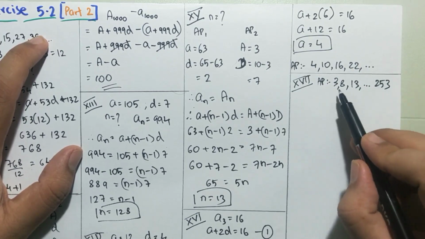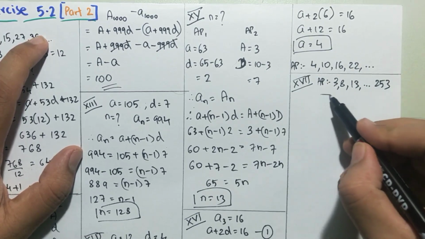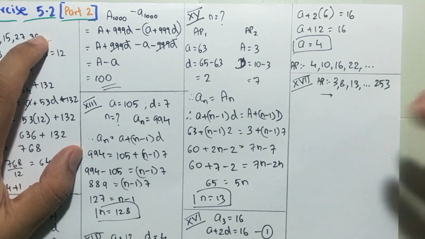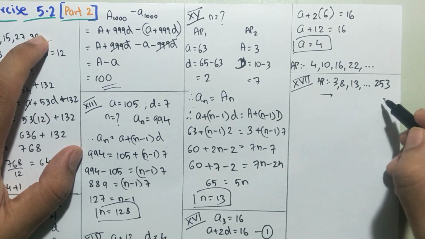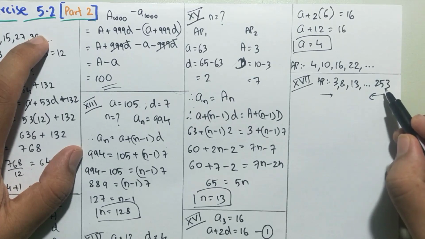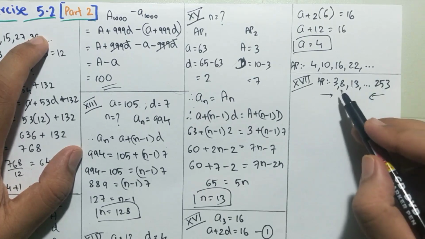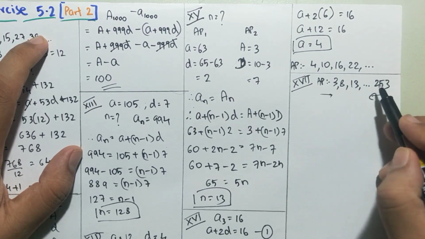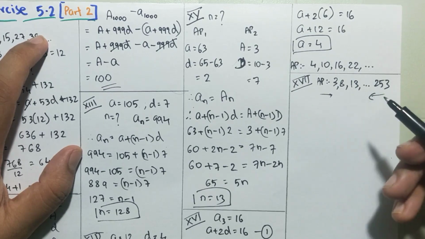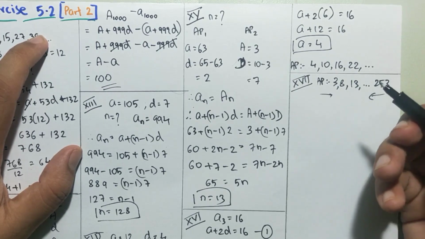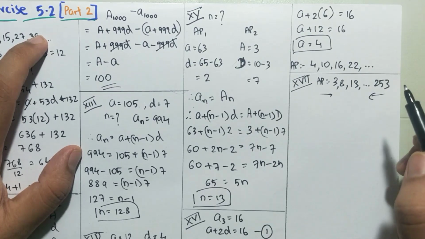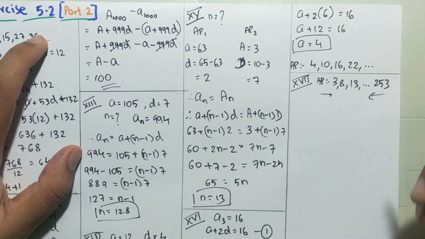If we look at the terms in this direction, 3, 8, 13, there is a common difference and we say that it's an AP. Does it not mean that if we look from the last, it will be an AP too? We take the last as the first term, and the common difference will be the same, because if it is increasing at the same rate, it will be decreasing at the same rate. So both ways it's an AP. Now the question is, find the 20th term from the back.